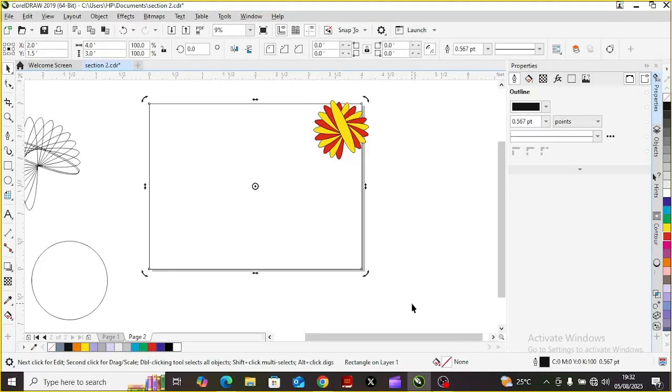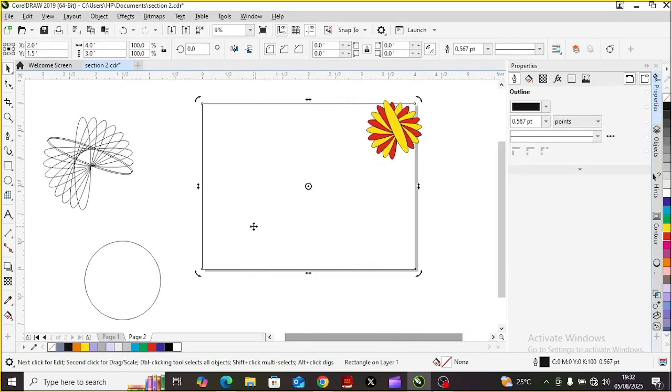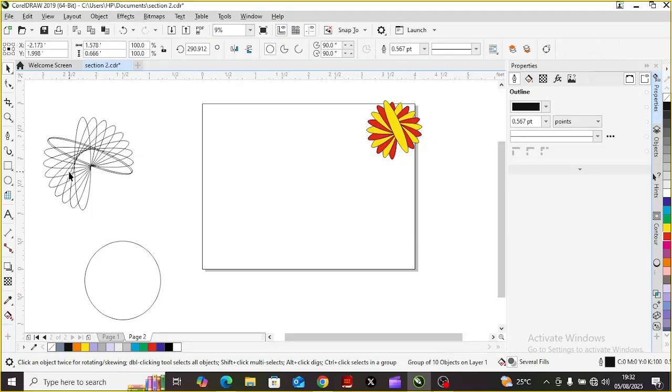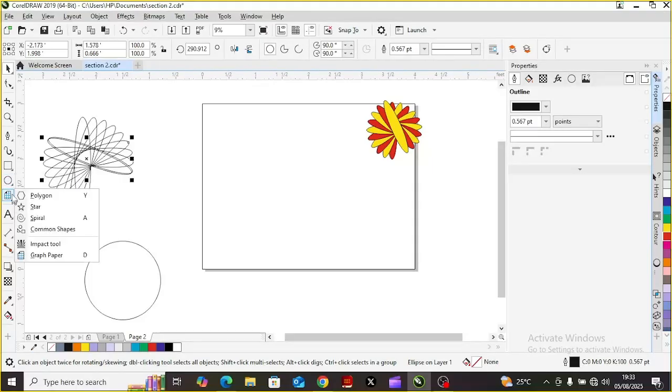So you can see that this one is ready now. This particular one is not grouped yet, but I would really like to give it a different design apart from this. So before I go over to design that, let's move to